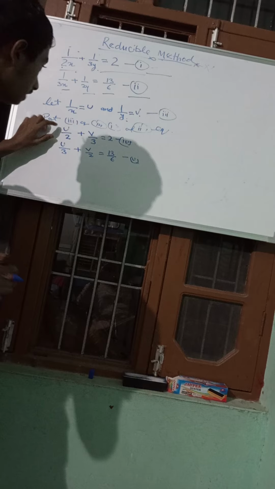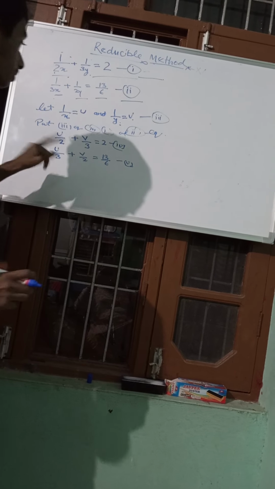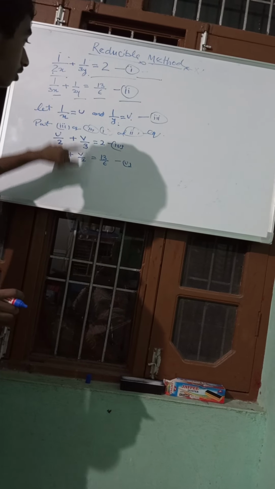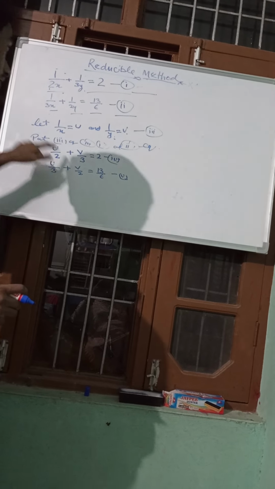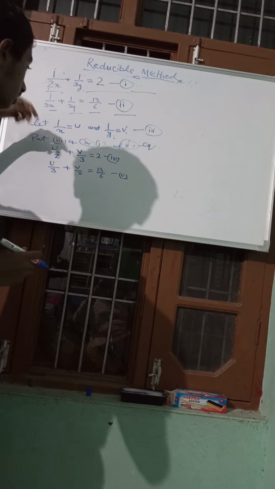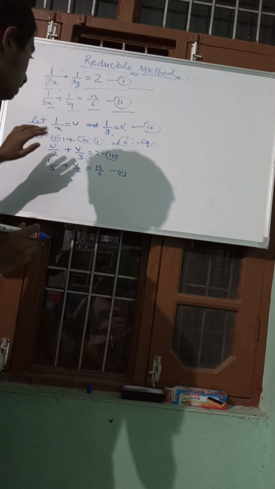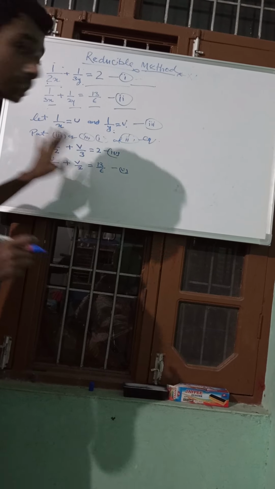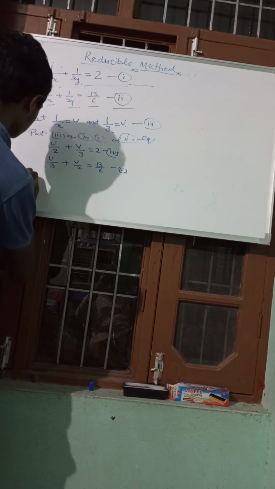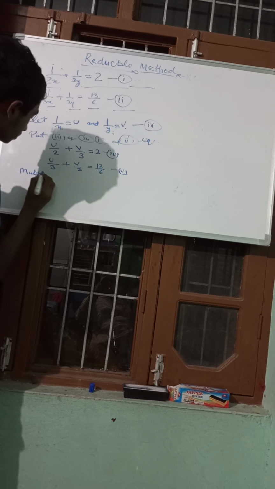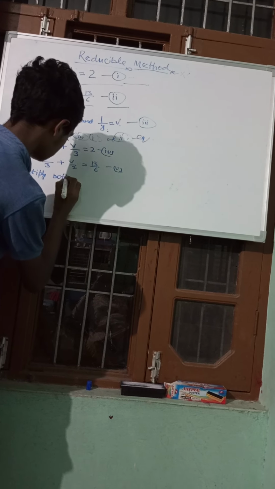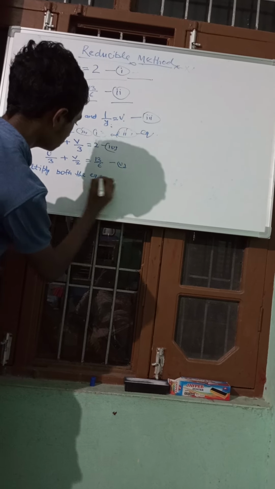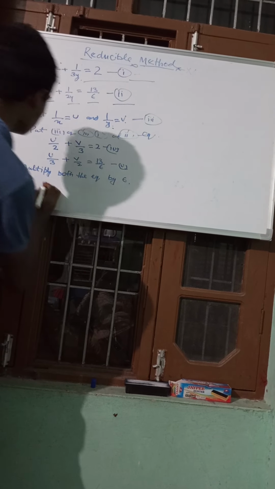And you are able to see that these equations are not equal, and we have to make one of the variables equal. We can make v equal, and we can also make u equal, and first we will multiply by 6, then it will be equal. So we have to multiply both the equations by 6, which will be equal to